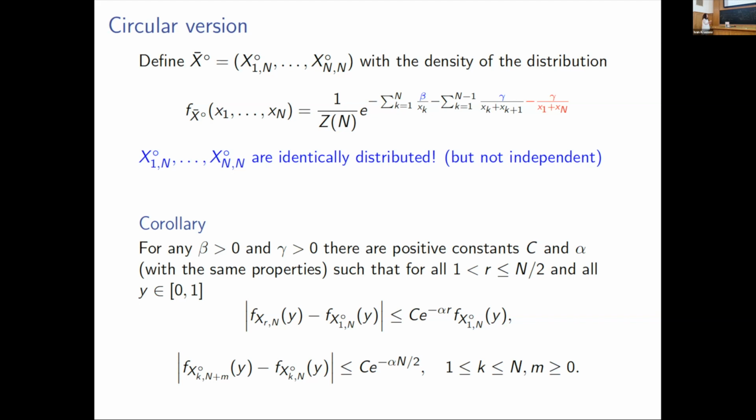But out of exponential decay of correlations, one can also, for the circular version, get convergence. Okay, I better show. So this part here, n is the number of particles, and r here is the number of, if I call this xj, xk, say x1,